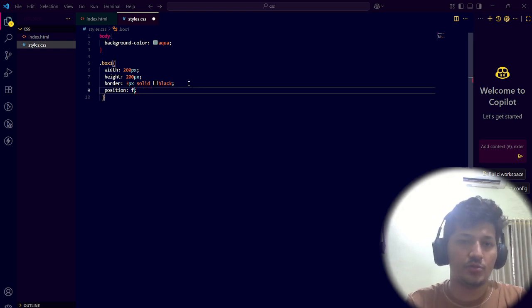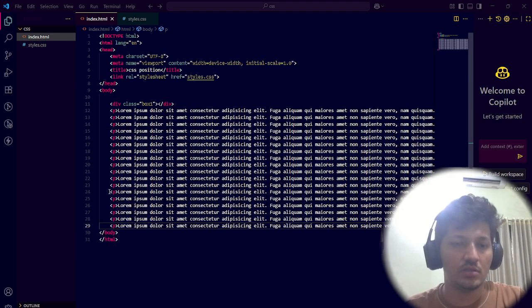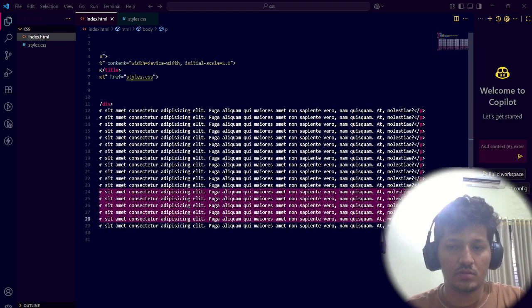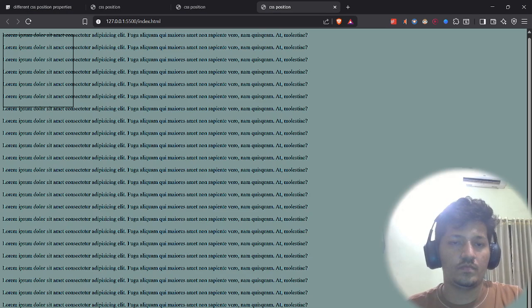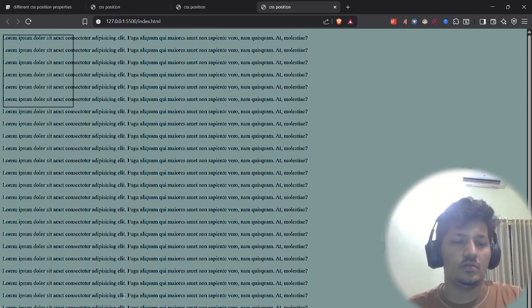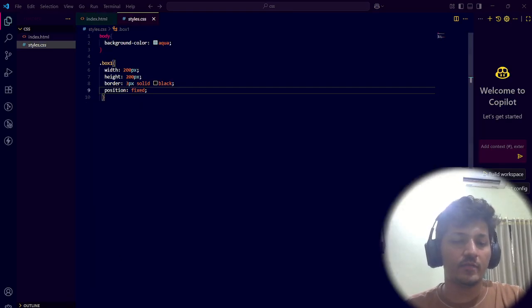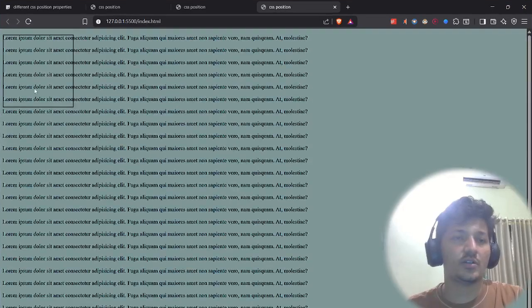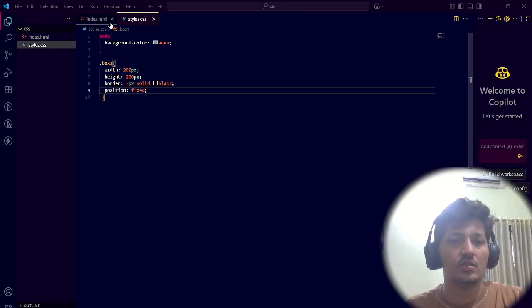Now if I give a fixed position, fixed, and increase this, this is the fixed position. When I had written relative, it was occupying space, but now with fixed it is removed. So the lorem text is starting from here. That is the difference, and also this is fixed. So if I write more,